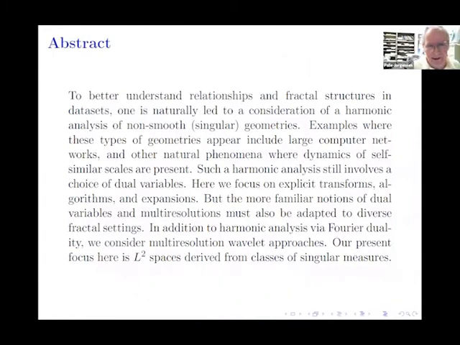This is the abstract, and the abstract just writes out in words what I said. These singular structures are structures generated by algorithms, and they could include networks and limits of networks. Networks could be social networks, electrical networks, neural networks. Take your favorite network. We'd like to do harmonic analysis on them or on limit structures created from them. Ideally, we would like to do some kind of Fourier expansion for those, which you can't do unless you introduce some new points of view.